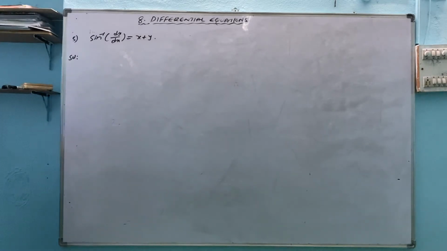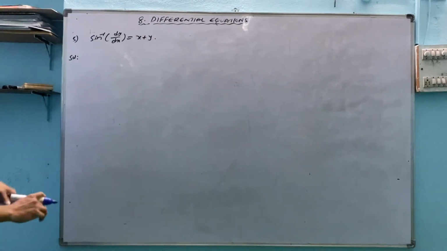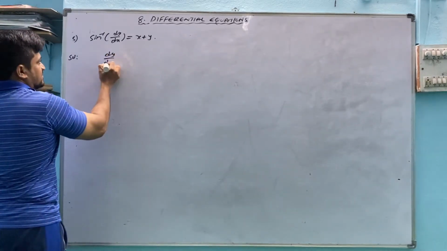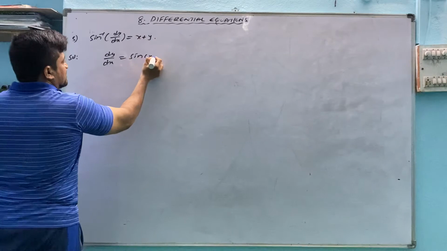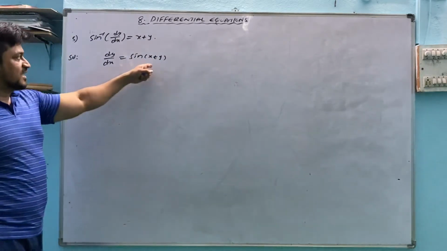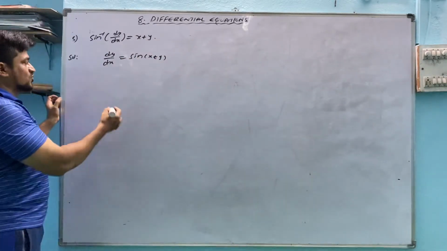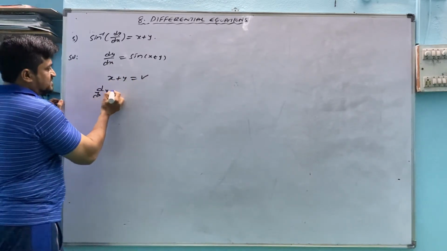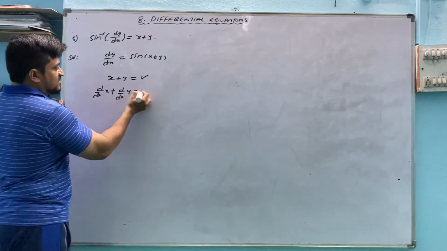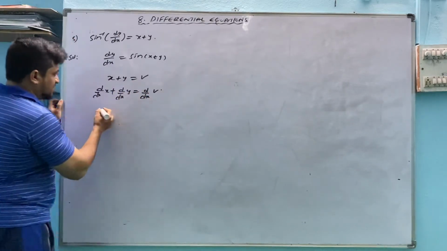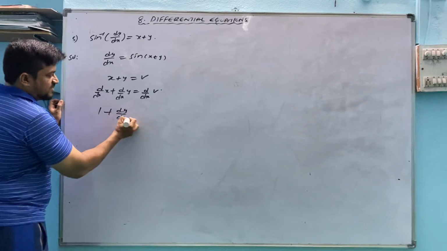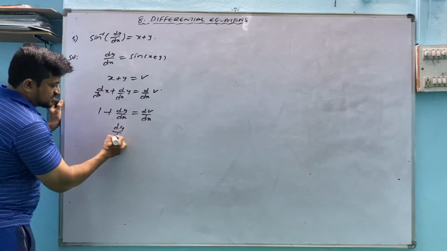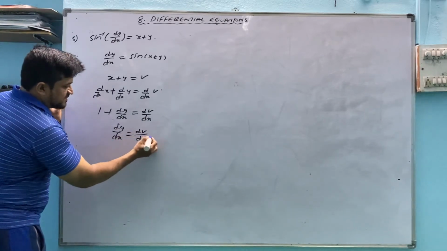One more type is this one. sin inverse dy by dx equals x plus y. Inverse you should send to the right side. If any angle is having this x plus y, you can take x plus y equals v, then differentiate both sides. So what you have to remember in this one? Whenever x plus y is there, you can just differentiate d by dx, you can take to the whole equation, don't make it 0. v is also one variable. So dy by dx becomes dv by dx minus 1.